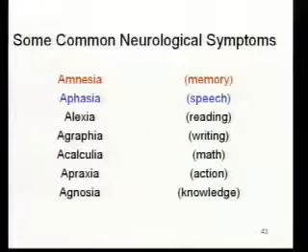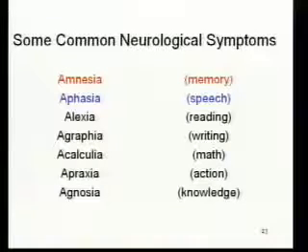We've talked about amnesia, the problem of memory, as in the case of patient HM. We've talked about aphasia, speech problems, as in Broca's aphasia and Wernicke's aphasia. But some patients after brain damage will show alexia, they'll have difficulty in reading. Agraphia, they'll have difficulty in writing. Acalculia, they'll have difficulty with arithmetic and other mathematical functions. Apraxia, where they'll have difficulty engaging in various kinds of actions. They can understand what they're being asked to do, but if you say to somebody, grab the pen, they can't seem to execute that particular behavior.